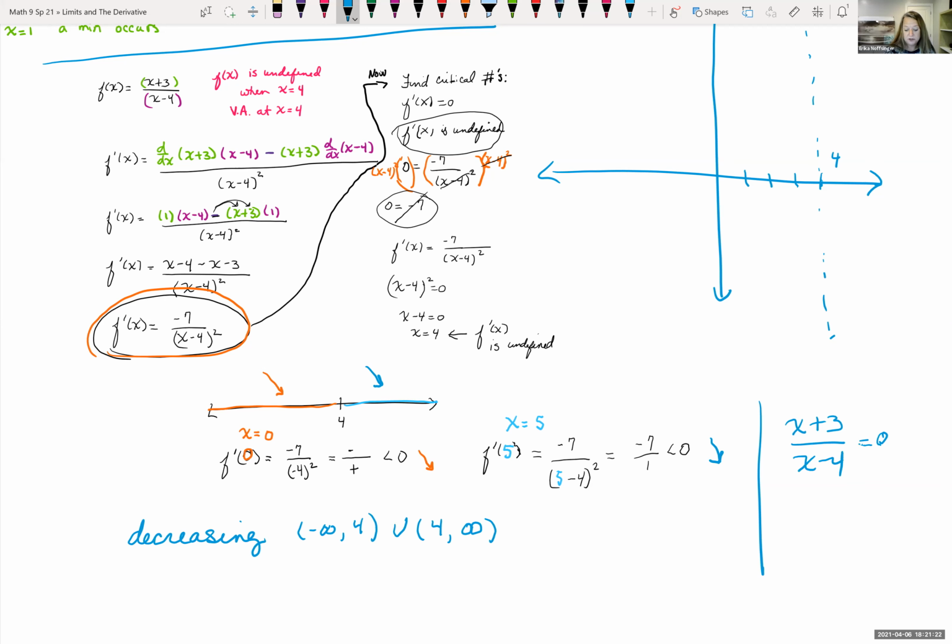If I multiply both sides by x minus 4 to clear my fraction, I'm looking at when is my numerator, x plus 3, equal to 0. So that's when x is -3. So at -3, I'm crossing